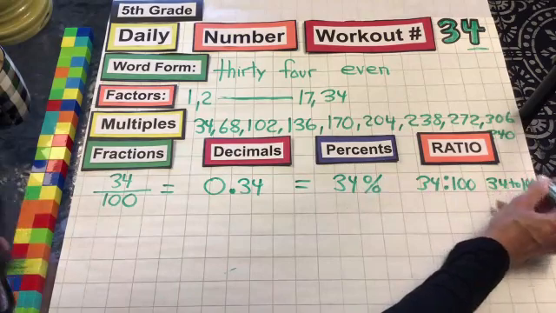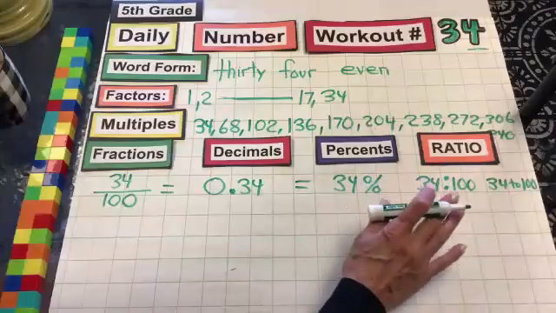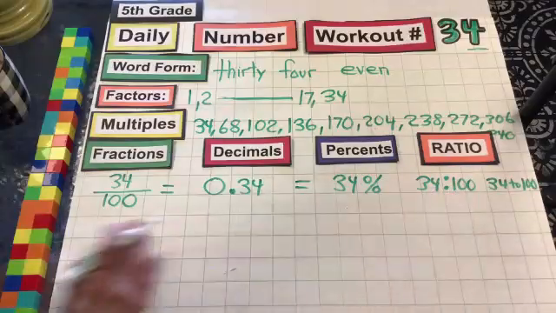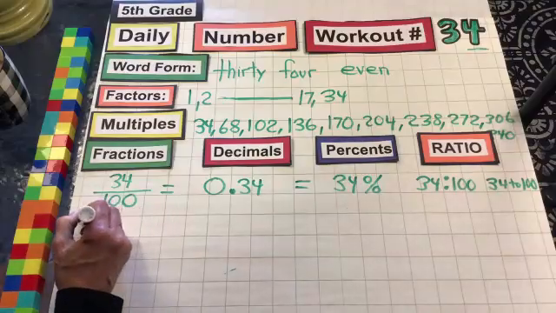34/100, again, would be another way to write it. So this would be research, search, and statistics. And here we go. Let's write this in word form. So it'd be